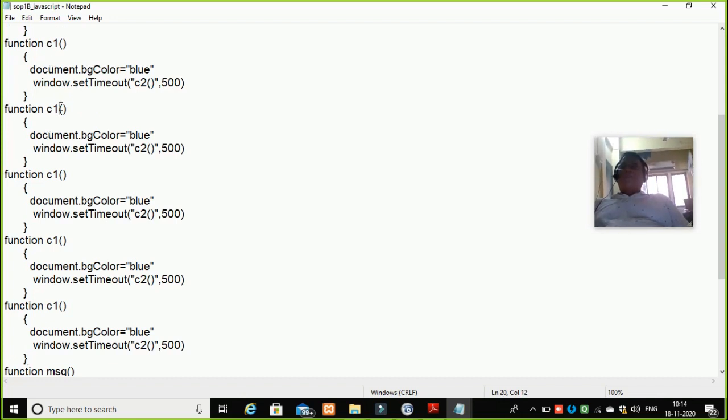I'll change the name of the function here, change the color. Then this is C3, again change the color. Then this is C4, change the color. This is C5, change the color.